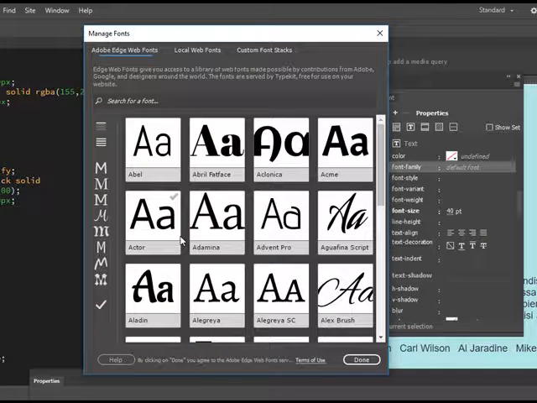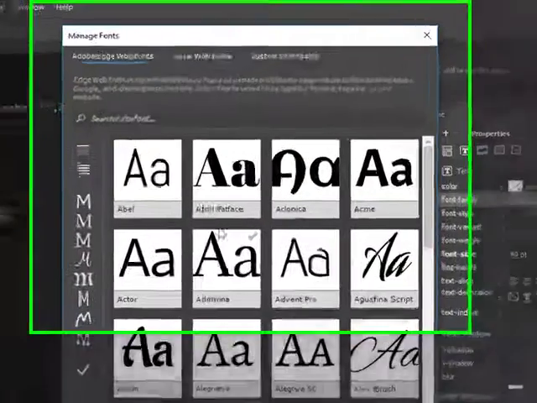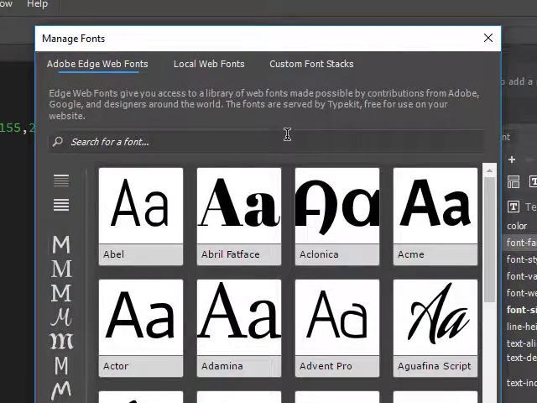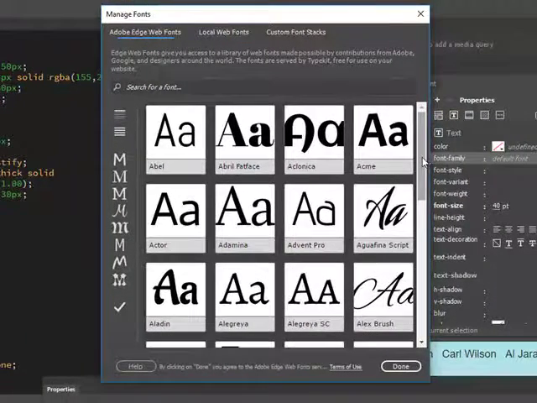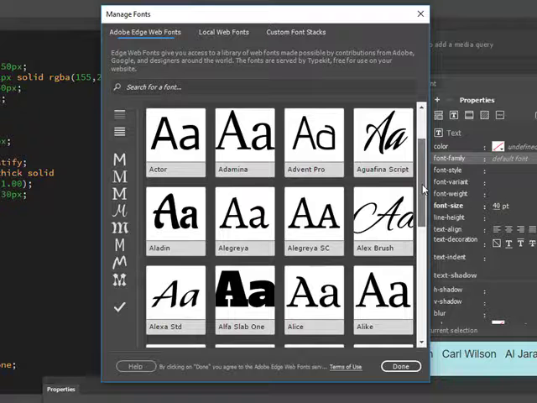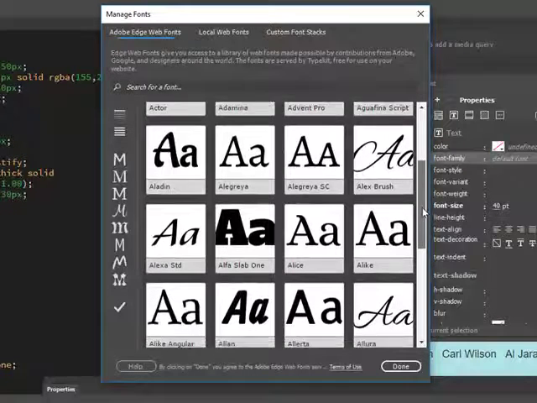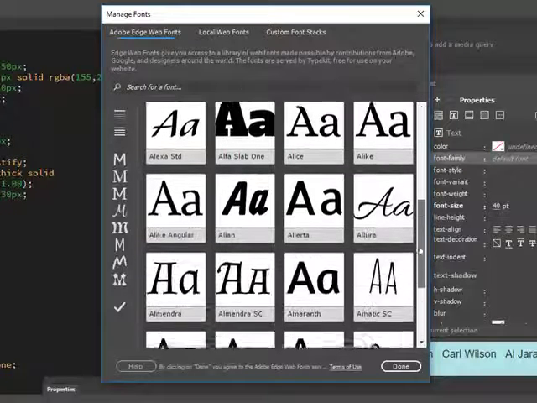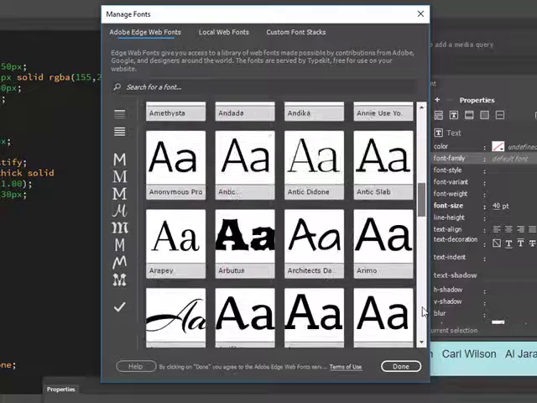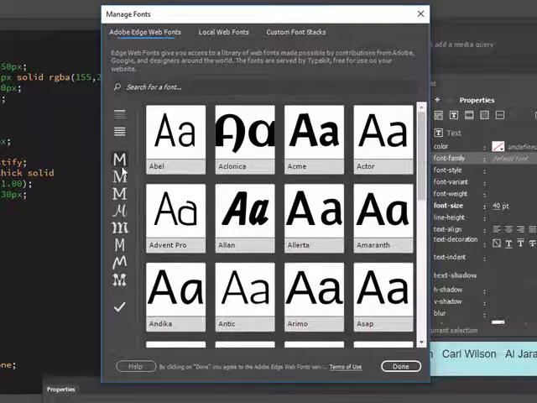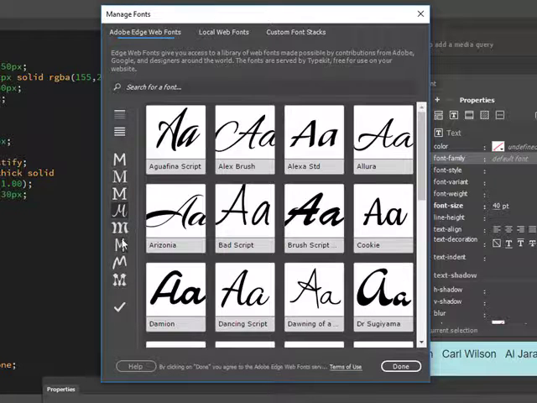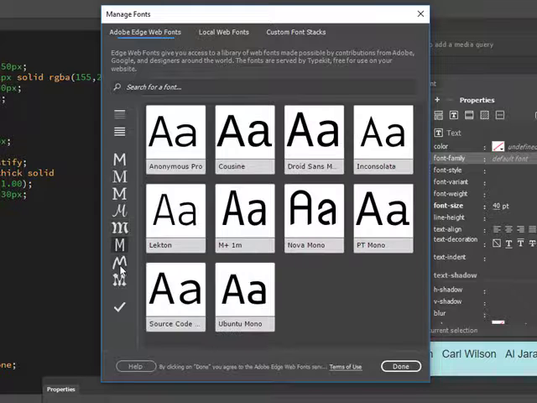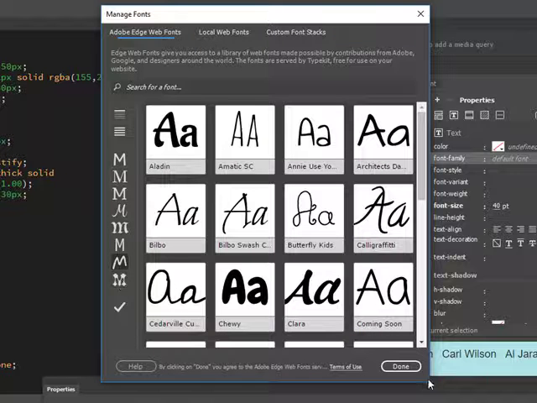So WebEdge fonts are fonts that are supported by Typekit, okay? And you can use them because the site, your HTML page, links up to a server that asks for a specific font, okay? So they're a little bit more fun than normal, and they're a little bit more expressive, which is nice. So if you wanted to pick a font from here and use it at your site, you would just have